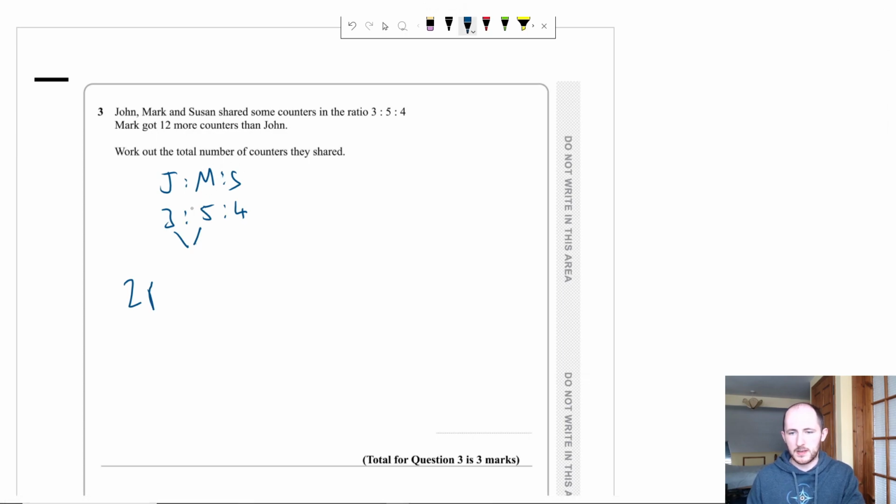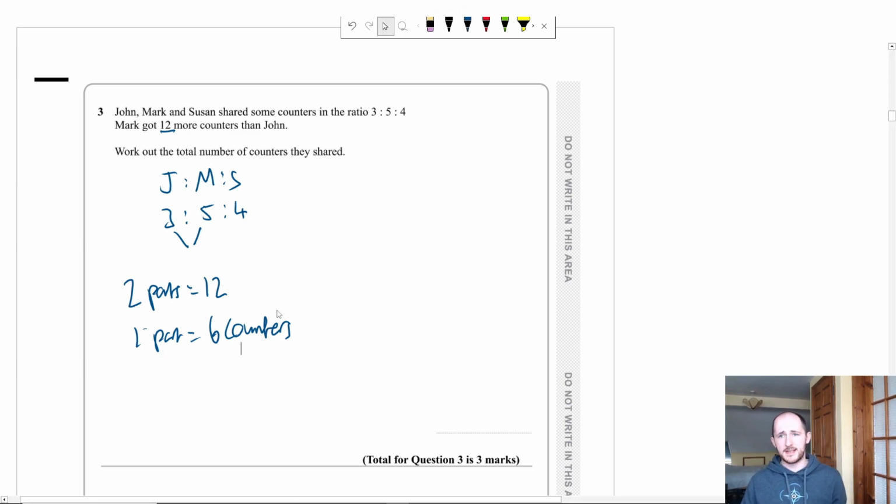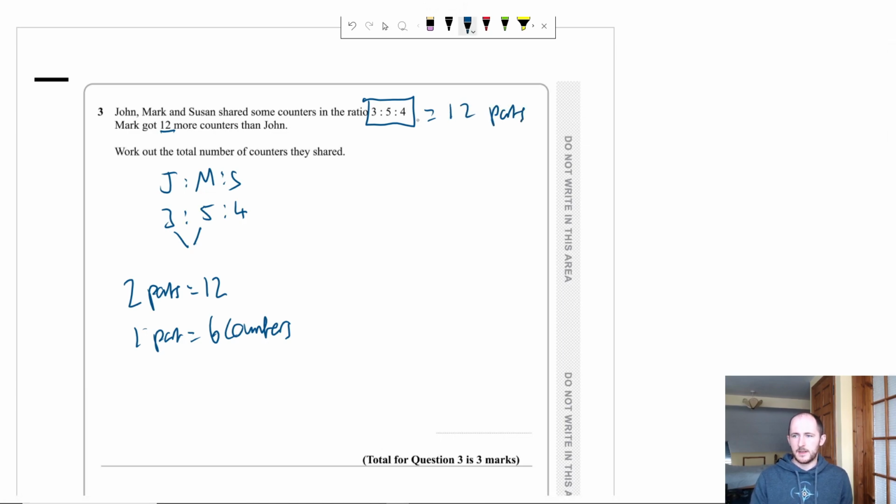So those 2 parts must be worth 12 counters. Which means 1 part is just worth 6 counters. Right? Logically speaking. Now it's asking me for the total number of counters that they shared. Well, if 1 part is 6 counters, how many parts are there in total? Well, 3 plus 5 gives me 8, plus 4 gives me 12. So in total, there are 12 parts, and each part is worth 6 counters, so 12 times 6, which gives you 72